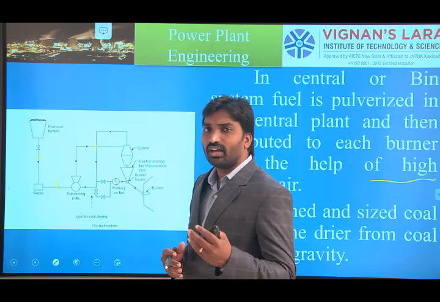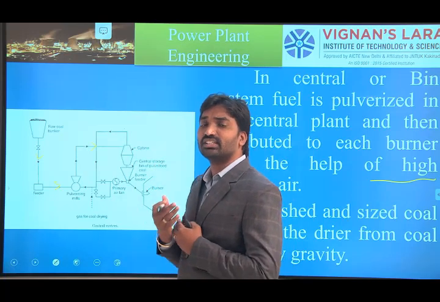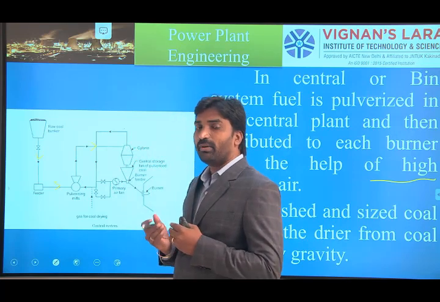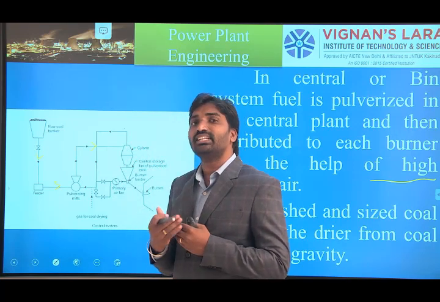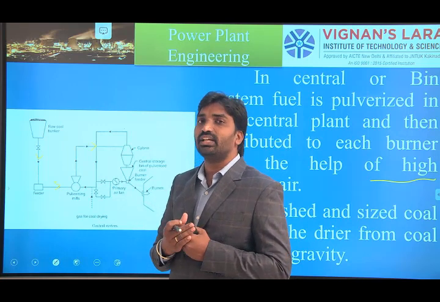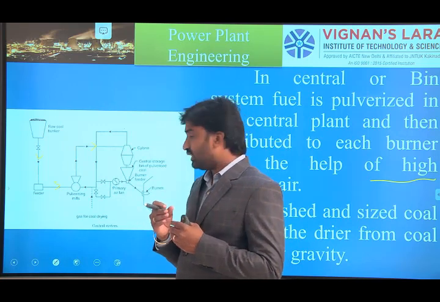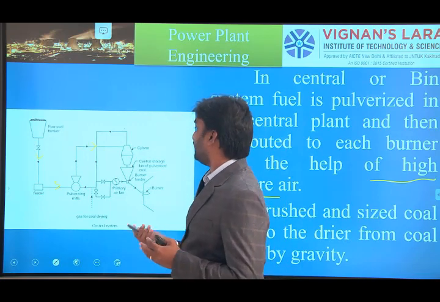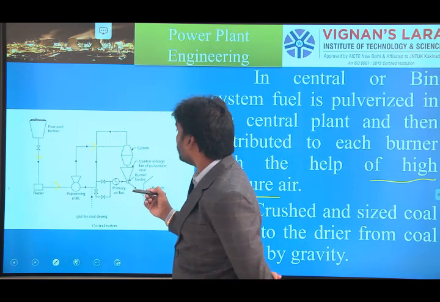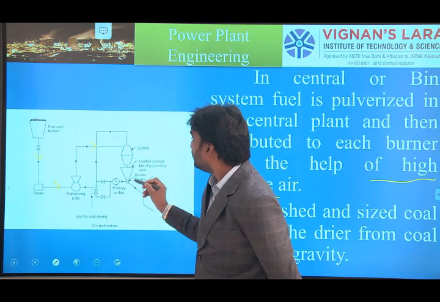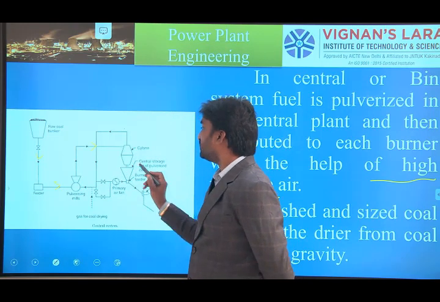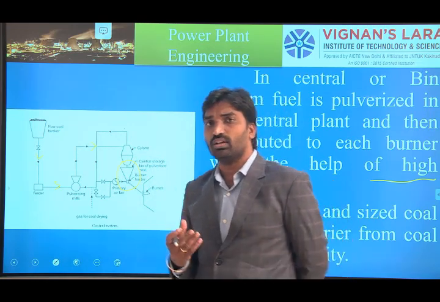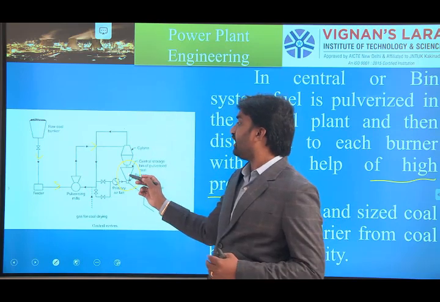Previously we discussed the cyclone furnace. Here we can see the cyclone furnace. By using that cyclone furnace, proper combustion takes place. In a spherical way we can see the combustion, and it gives a higher combustion rate. Later, it is collected at a central storage bin. So this is the central storage. Finally we can store the entire coal powder in a centralized place.